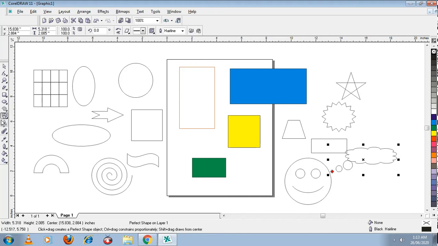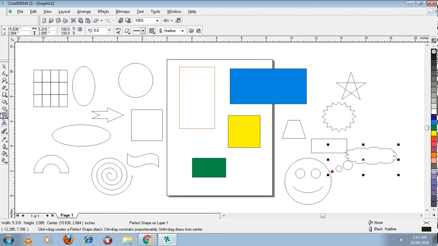Basic shape is the name of the tool. Fine, I have shown you rectangle, ellipse, and then polygon tool. In this polygon, then graph paper, and then spiral tool. After this we have got the next shapes, that is basic shapes, arrow tool, flowchart shapes, star shapes, and callout menu. These are the different shapes we have done just now.